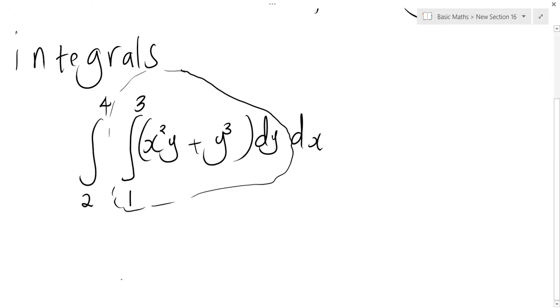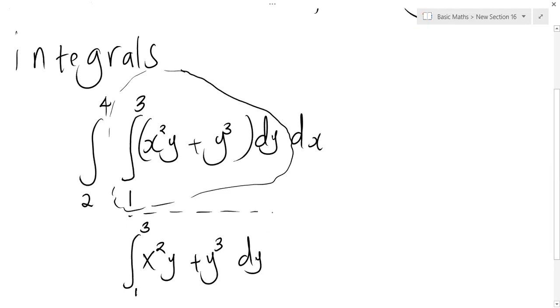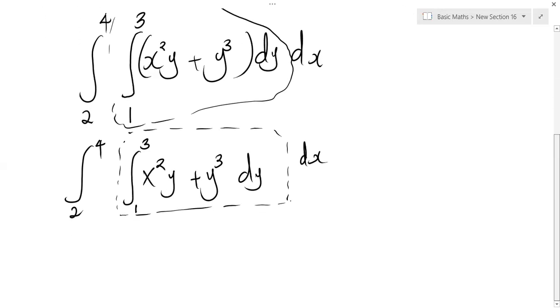So I want to write that part that's inside, that is x squared y plus y cubed dy, integral from 1 to 3. So this is what we are going to start with. And then after we get the answer, we are going to evaluate the integral from 2 to 4 with respect to x. So evaluating what's on the inside, if we come to integrate this with respect to y,